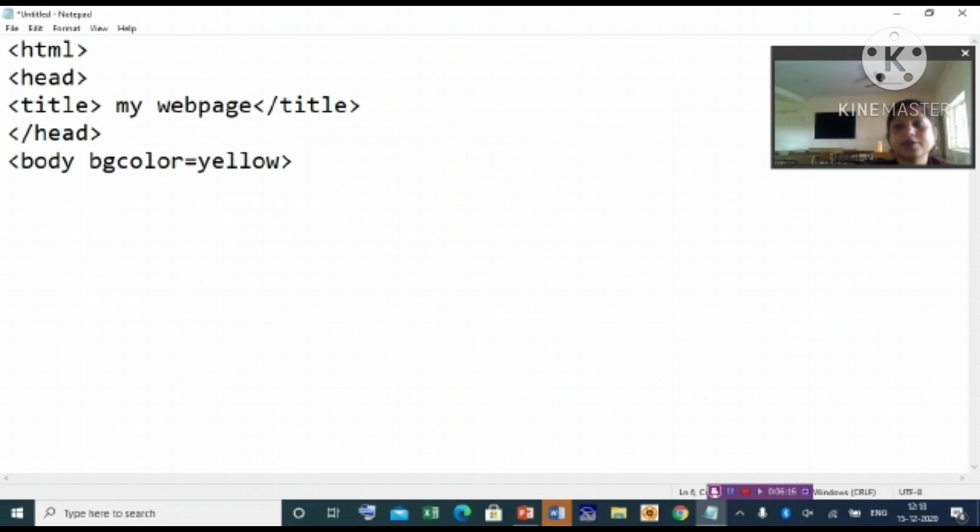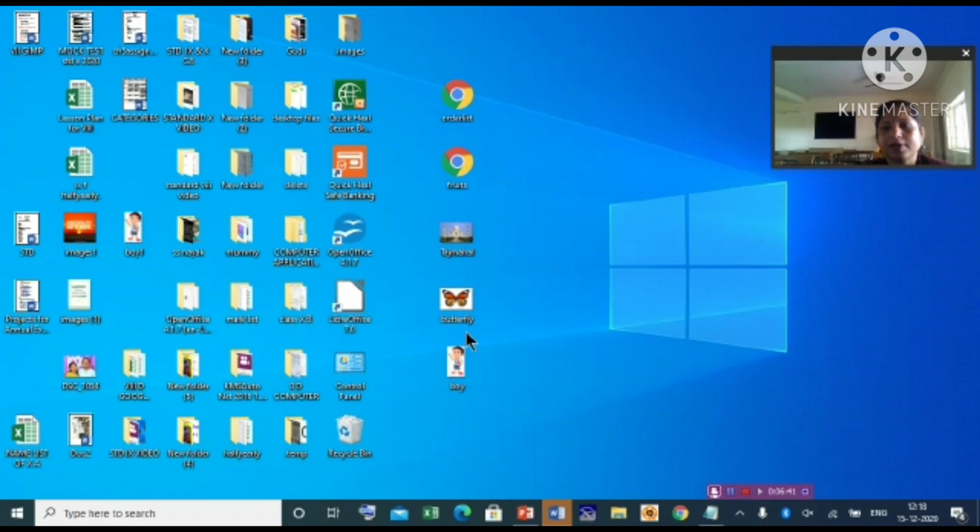Next, suppose we want to first see the image, then we'll go to link. So go to image, that is your img is the tag, then src is the attribute. By giving a space, we'll write, then the equal to symbol, then double quote. First, you go and bring the path of the image where it is present. Suppose I have this image on the desktop.